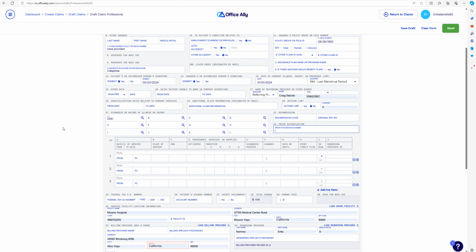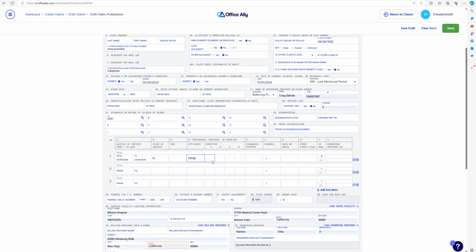So let's say you met your client for the first time for that extended first prenatal visit. We're going to say we met them, I don't know, April 16th, and you met with them in their home. That place of service code is where you met your client. So we're going to say we met her in the home for an extended prenatal visit. So we're going to type in that CPT code or your service code. That would be